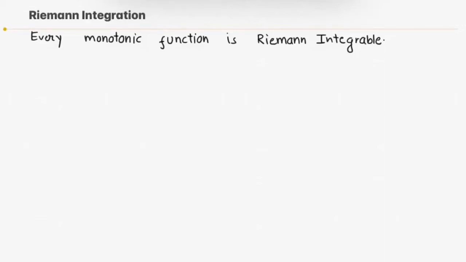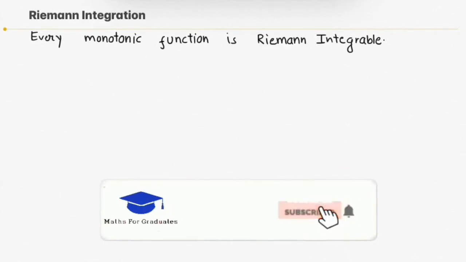Today we are going to prove a theorem. The statement of this theorem is: every monotonic function is Riemann integrable. Okay, so let's start. Suppose